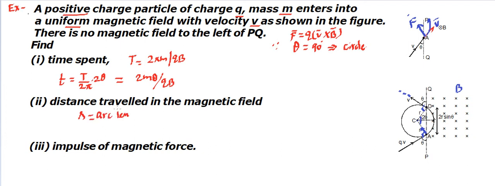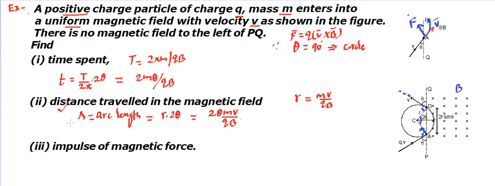And we know this arc length is going to be equal to radius into the angle it takes, and the total angle it is forming is 2 theta, so r into 2 theta. And we know for the circle the radius is given by mv upon qB. All letters are given to us, so in those terms we can get this distance covered as twice theta, that's the radian angle, into mv upon qB. Making sense? So this is how we can find the distance traveled.